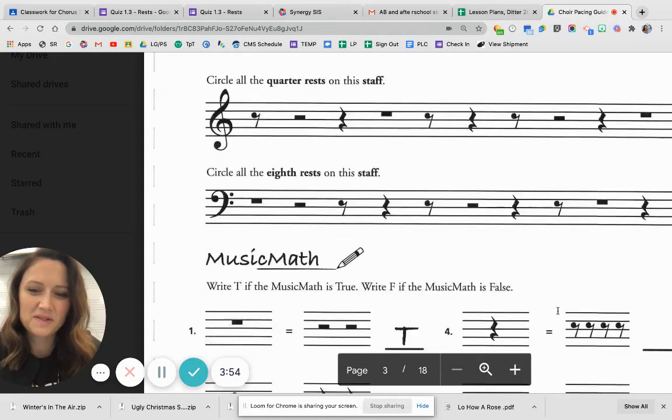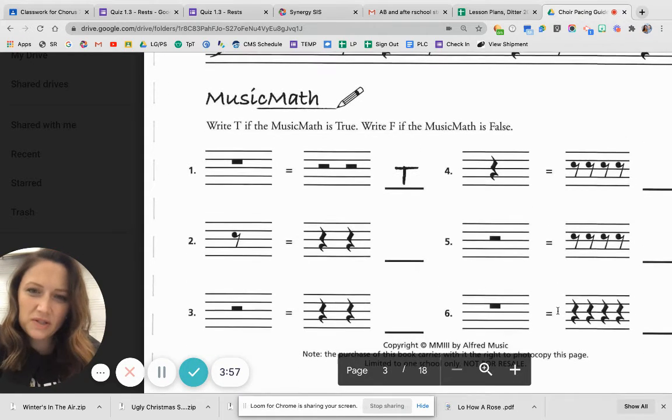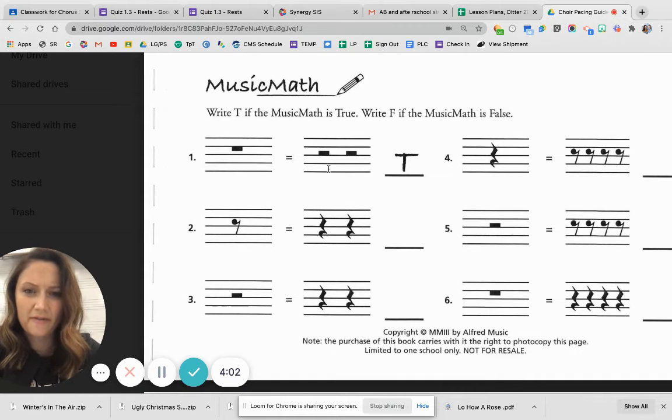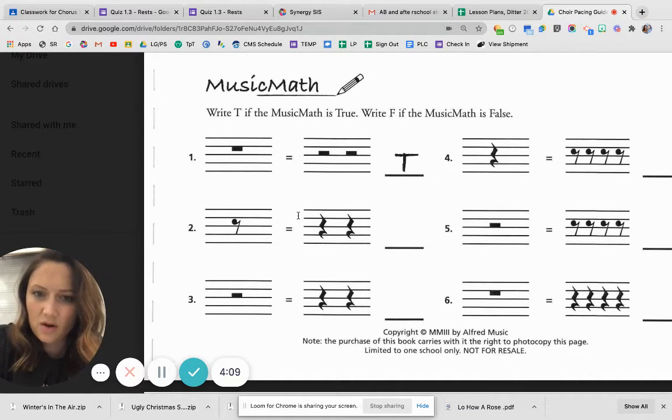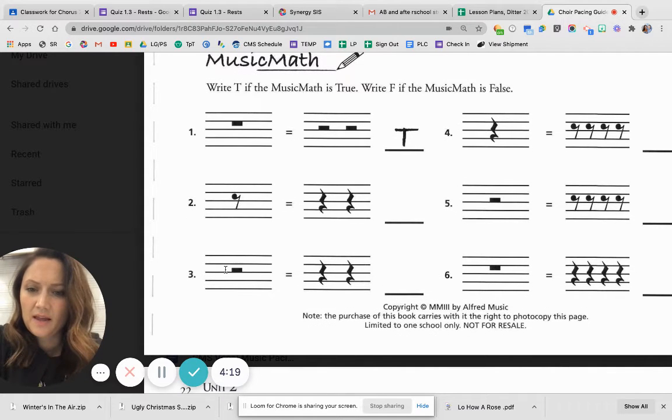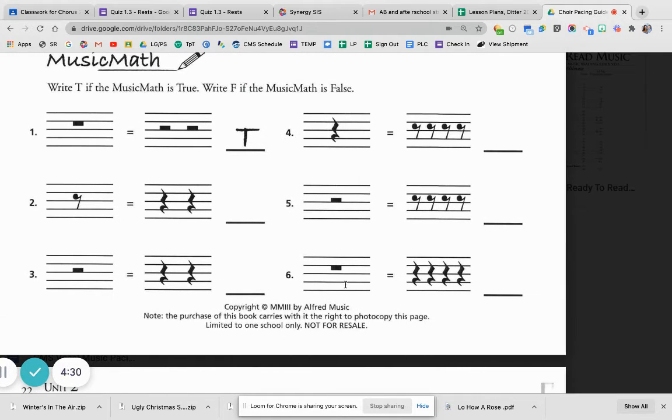A little bit more music math as we scroll down. All right, I want you to think, is the answer true or false? Does a whole rest equal 2 half rests? Their example is true. That is true. So number 2, does 1/8 rest equal 2 quarter rests? The answer is false. Number 3, does 1 half rest equal 2 quarter rests? The answer is true. Number 4,